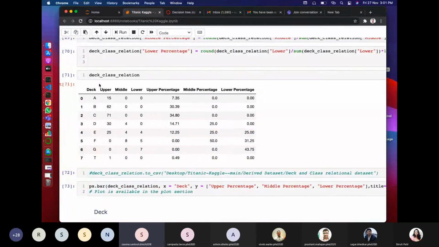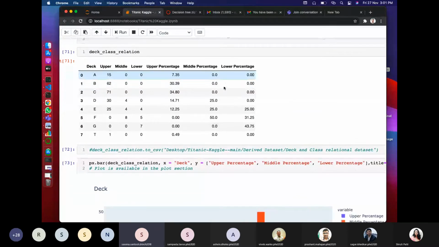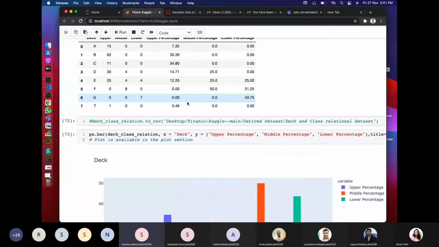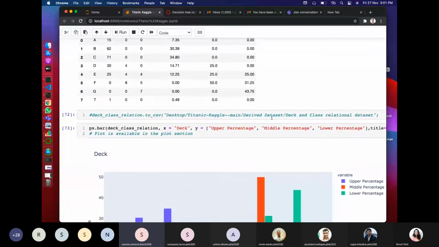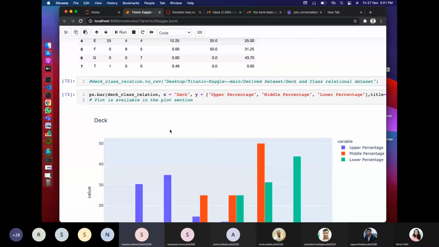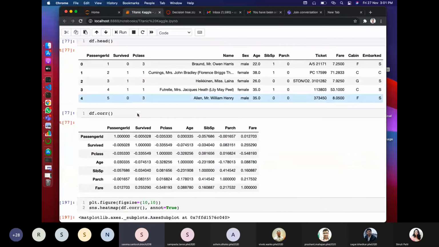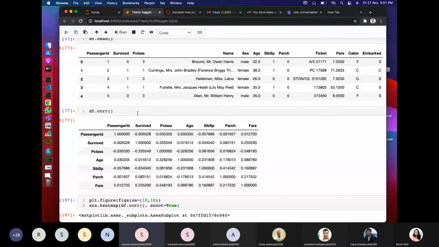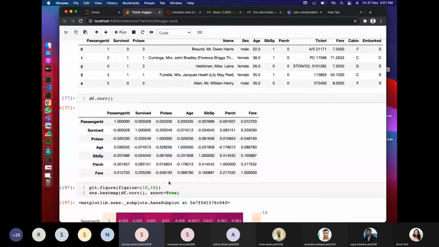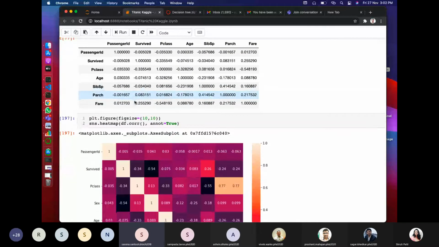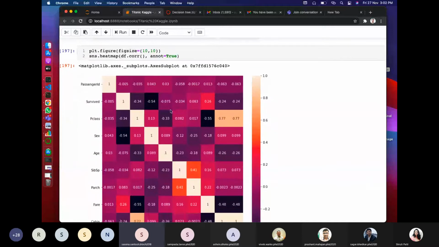Yes, we also calculated the deck value, because as you can see the deck value is very much missing in our data set. So we tried to calculate the deck value with respect to the class values which we have available. Accordingly, this value is generated, even though we haven't used it in training the model. Now we are trying to find the correlation between all the features available in our data set. This is the correlation matrix, as you can see, and it is more beautifully designed by using a heat map.